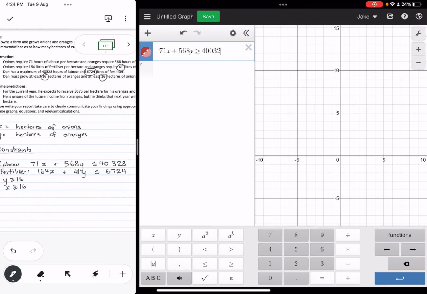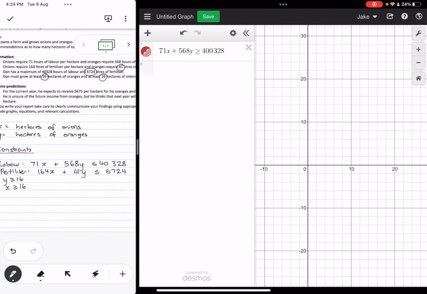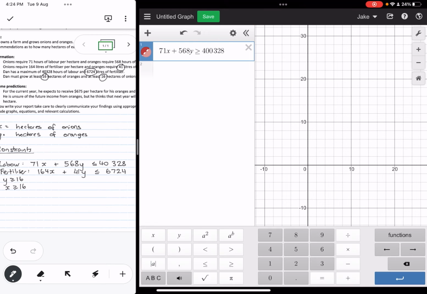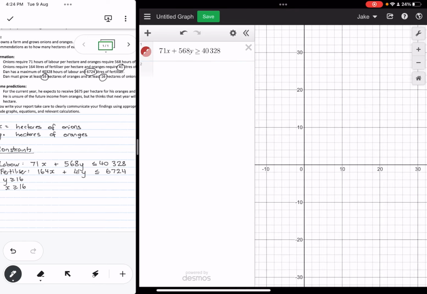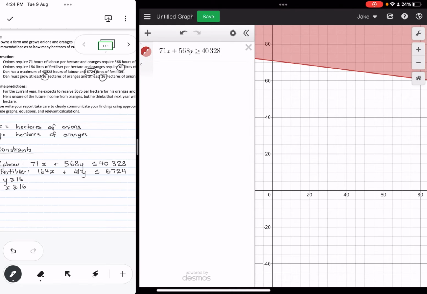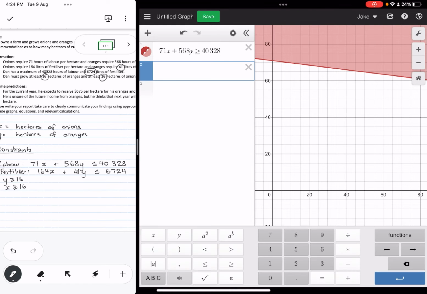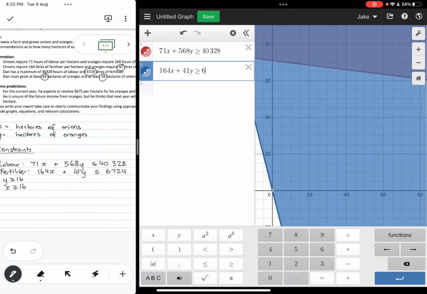40,328. And we'll just zoom out. Oh, I did not type that right. It should be 40, not 400. Zoom that out so we can see that line. Cool. And then the next one is 164x plus 41y has to be less than or equal to, so we're flipping it around when we put it in, shading out the bit that we don't want,